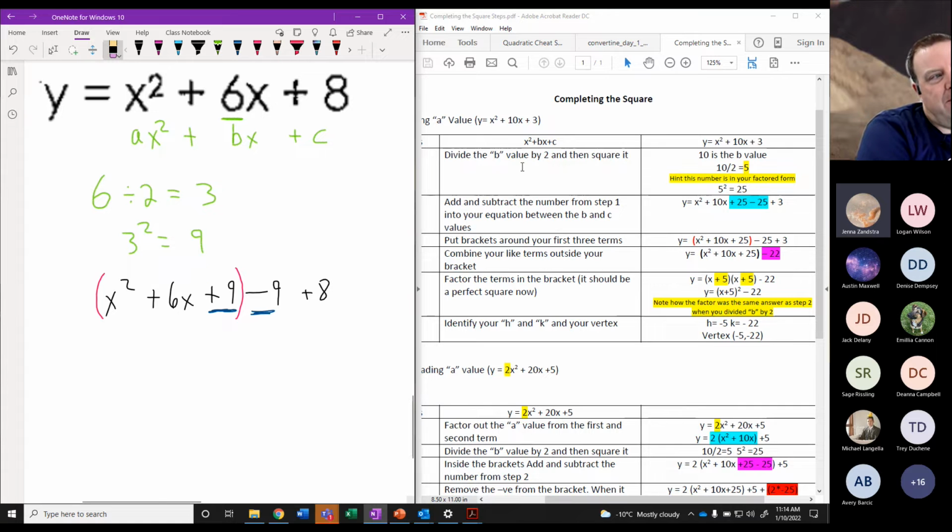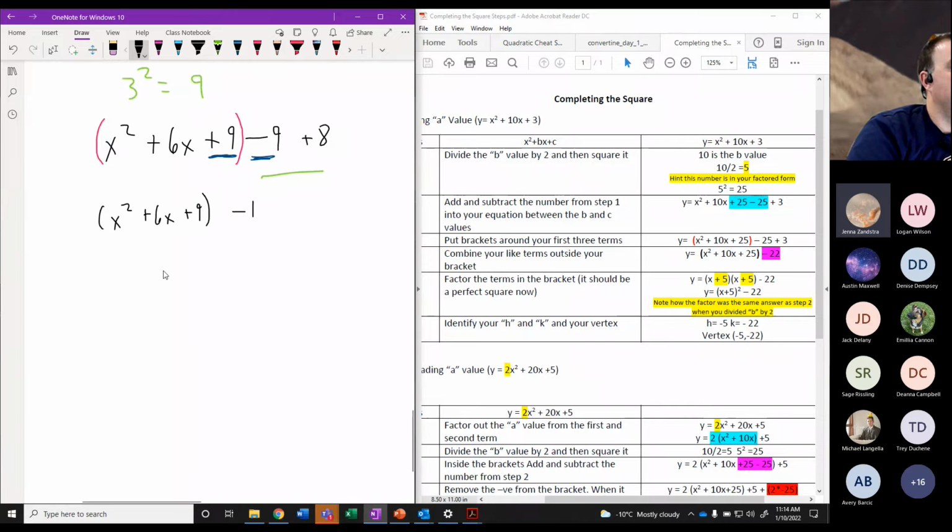So it's just a step. Divide the b value by 2. Now we're going to put these two together. X squared plus 6x plus 9. Put those together, I get a minus 1. Okay, and then I factor the inside terms. In this case, I would factor